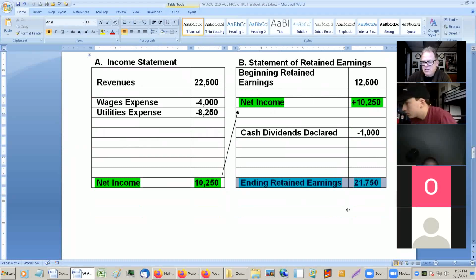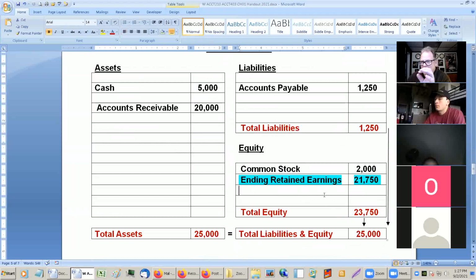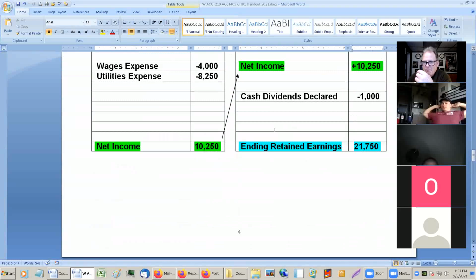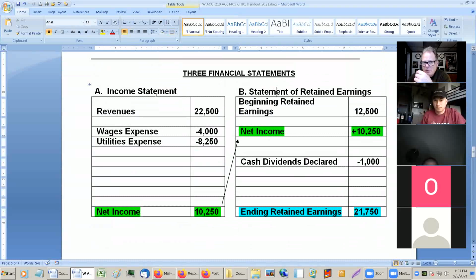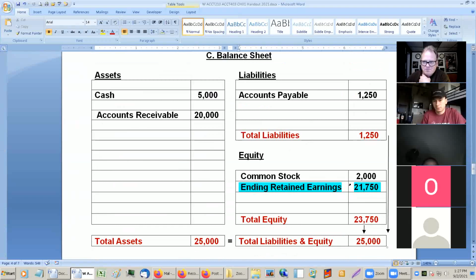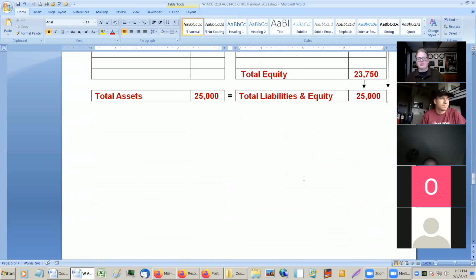Another thing I want to caution against: when you get a test, you might jump right in and go, okay, I'm gonna do the balance sheet first. You can't do the balance sheet until you have the ending retained earnings. Now, you may logically be able to figure it out. If you know that both sides have to equal 25,000, you may be able to back into that number. But generally you do these in order: the income statement first, then the statement of retained earnings, and then the balance sheet, because you need the numbers going forward.